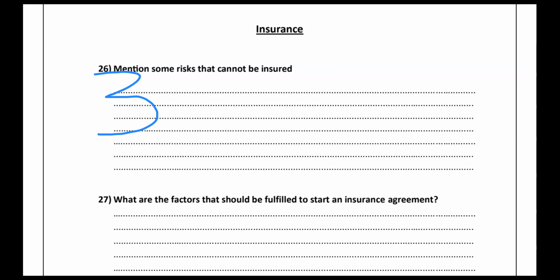And the third party is any other party who has been compensated in considering the damage. He is the third party, right? Any other party who is compensated, apart from the insured and apart from the insurance company, which is the insurer. Any other party who is compensated in this insurance, maybe the general public. So they are the third party.